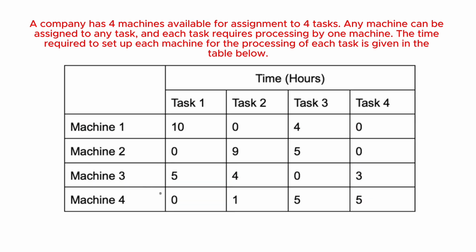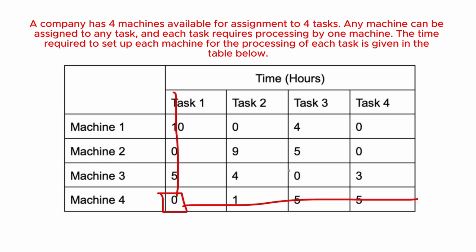So the first step in making the final allocation is finding a row or column with only one zero cell. So we will be focusing on finding a row with only one zero cell, which is machine 3 or machine 4. I will be choosing machine 4. So the 0 in machine 4 is in charge of task 1. So this is the assignment of machine 4.